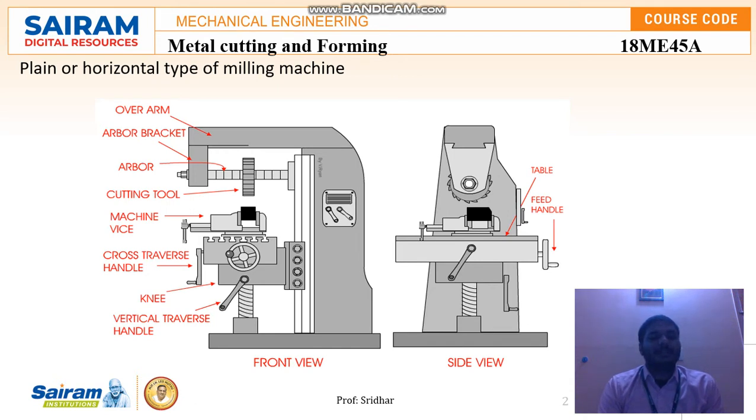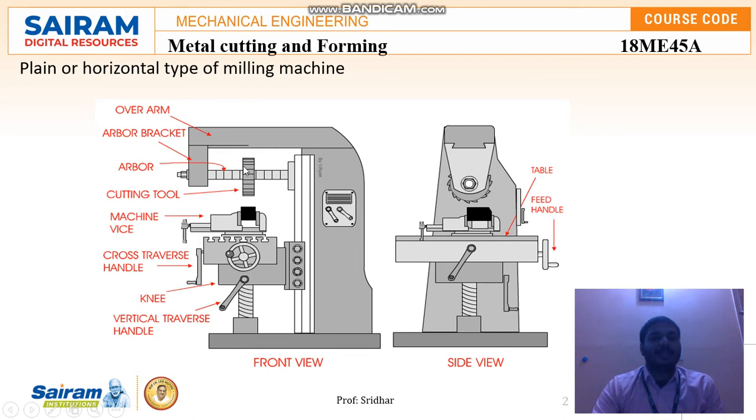This has been connected to the main power supply, and from the power supply it is connected to the motor, which drives this milling machine. Mainly, in the arbor we're going to fix the tool or cutter. For example, we are going to make a cutting, that is, making gears.